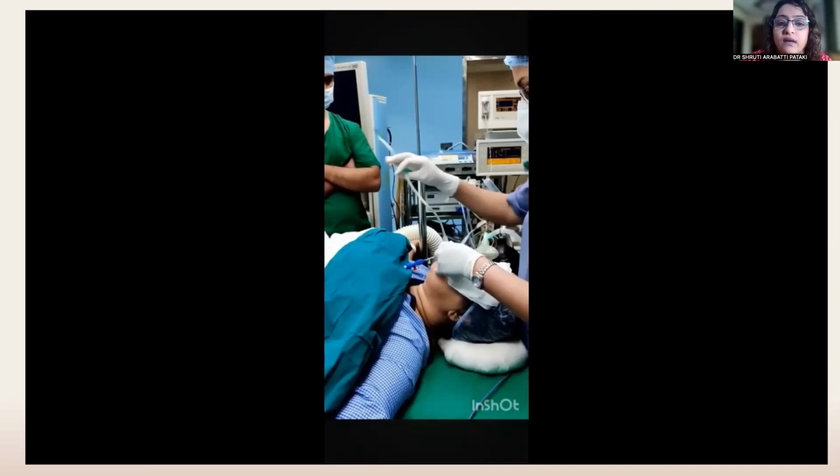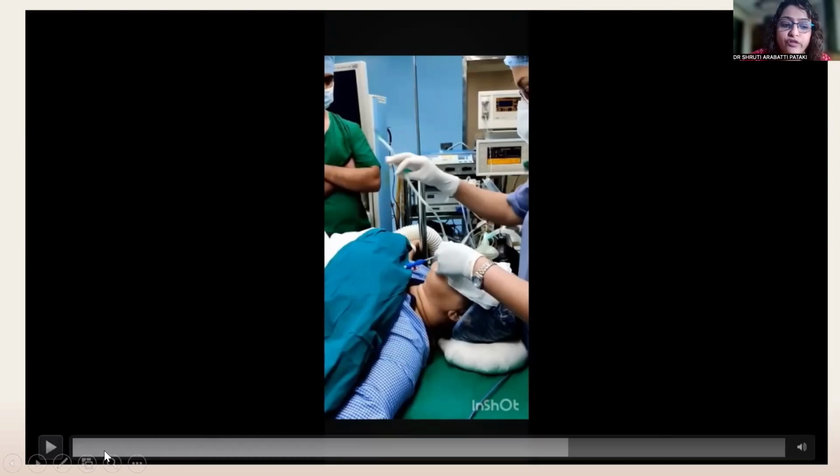The third thing with cuffed tubes and LMAs is that once you start inflating the cuff, you'll see the LMA bob up a little, rising. So never hold the LMA down when you're inflating the cuff. When you're inflating the cuff, the LMA will rise up, and that's another sign that your LMA is in place. So these are the 3 confirmatory signs that you can have even before you've connected the circuit.